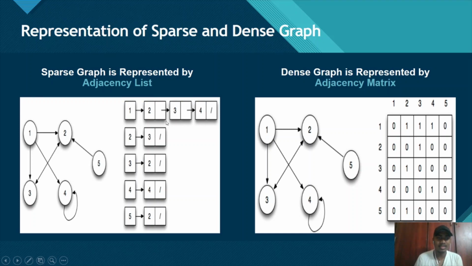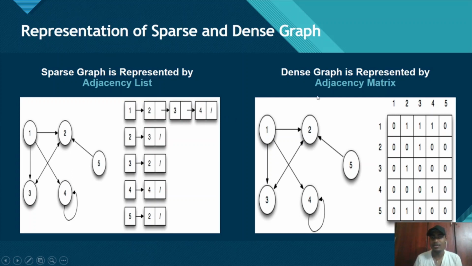This is like a linked list. If you take 2, there is 2 to 3. As it is a directed graph, we take only 2 to 3, so in the linked list format, 2 to 3.